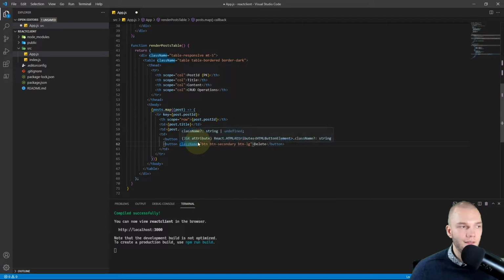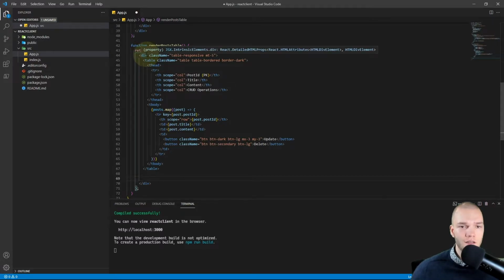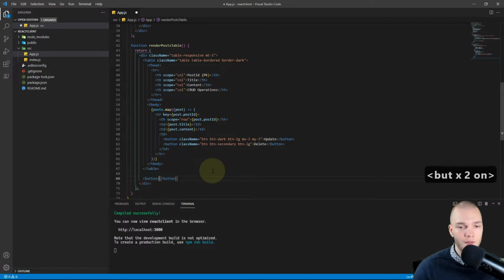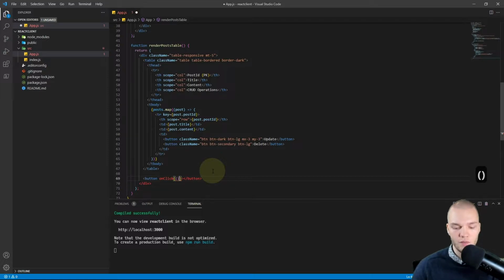post.content. And the last change to the table I want to do for now is add a button that empties the posts array. So below the table, but still inside this wrapping div, I'll add the button. So a button element. And for the onClick, I want to do an anonymous function. So parentheses and an arrow, and there I want to set the posts, so setPosts to an empty array.